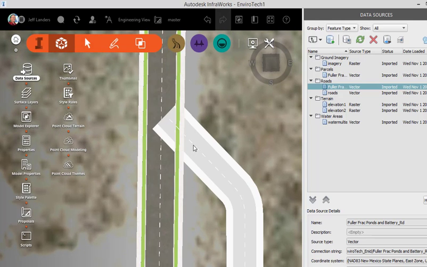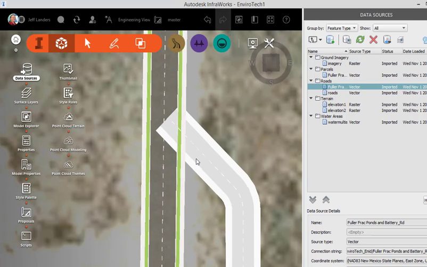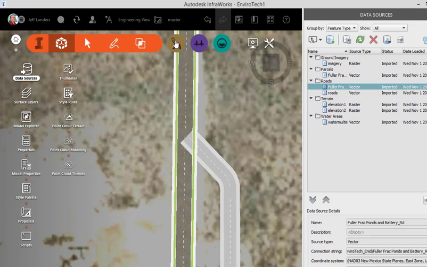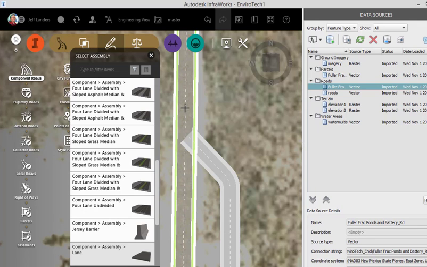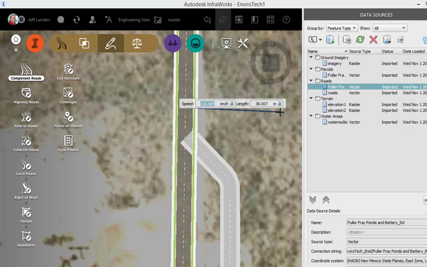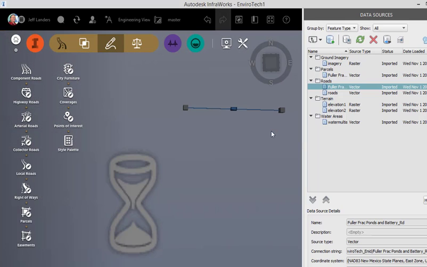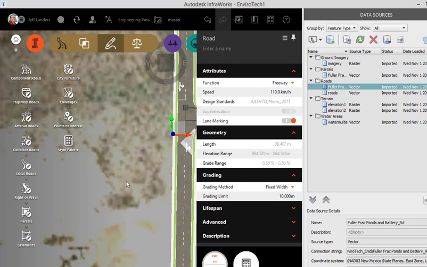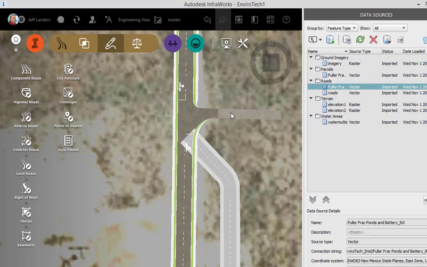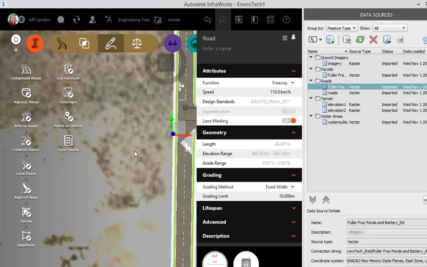Here's the thing though, that intersection is not going to work. The visibility triangle, the way the road is configured is that it's got curb, and so this just for schematics would work out fine. When you add in a new design road, and it could be from anywhere, but say we add in here and we go, I want a component road maybe, and we're going to have a water depot that we're going to put out. When you click on that, I want you to see what happens: even though the roads look like they're the same, now that this is a design component road,